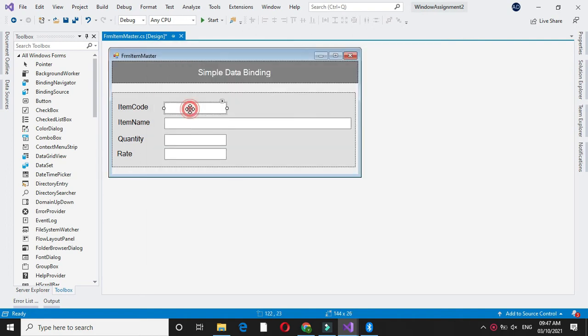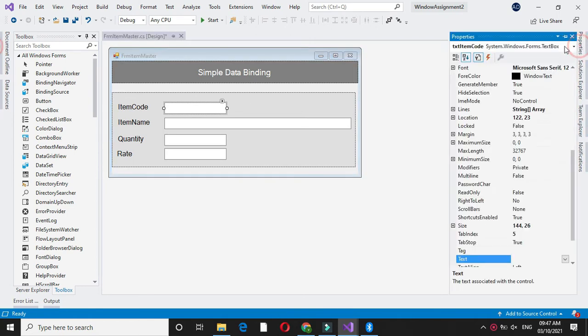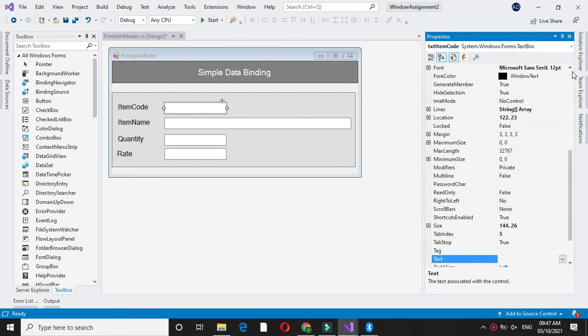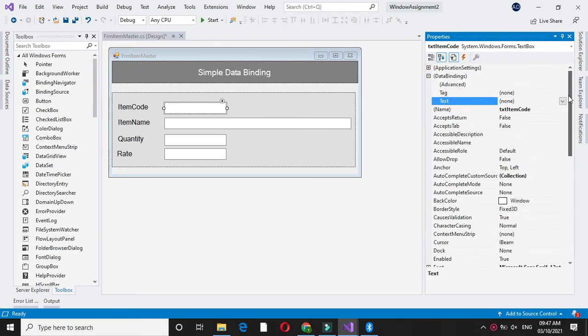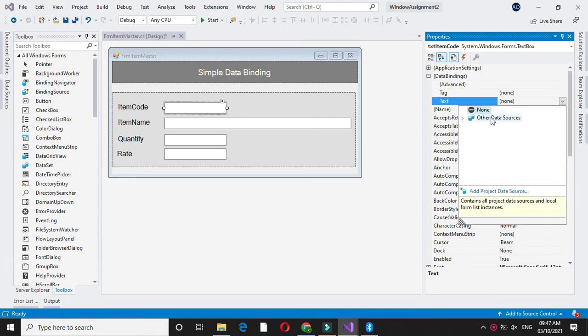Now to bind with this data source with property window, in data binding option we will select the data source, that is custbill dataset, and from this we will bind it with item code.